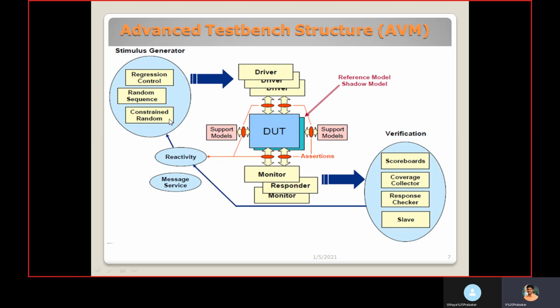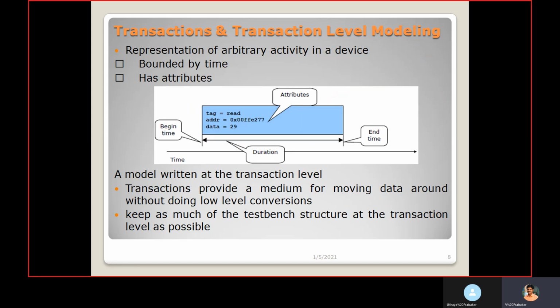During stimulus generation I can create memory. A transaction is nothing but a class. I create a class as a transaction and put all the input and output signals inside it. Whenever I need it, I instantiate that class inside the generator. If I call new, memory is allocated for that transaction, so memory is created for all the attributes.